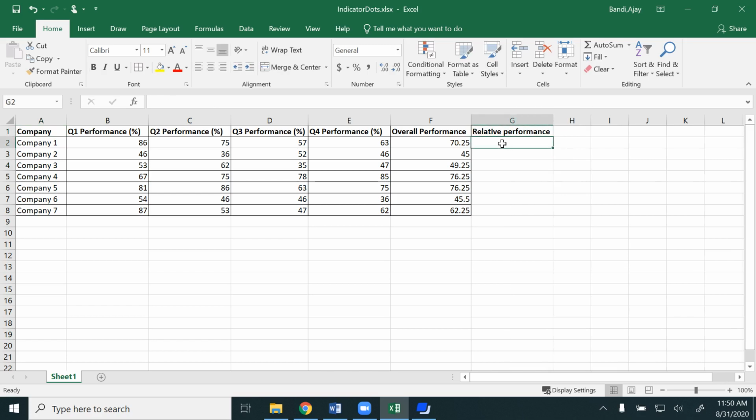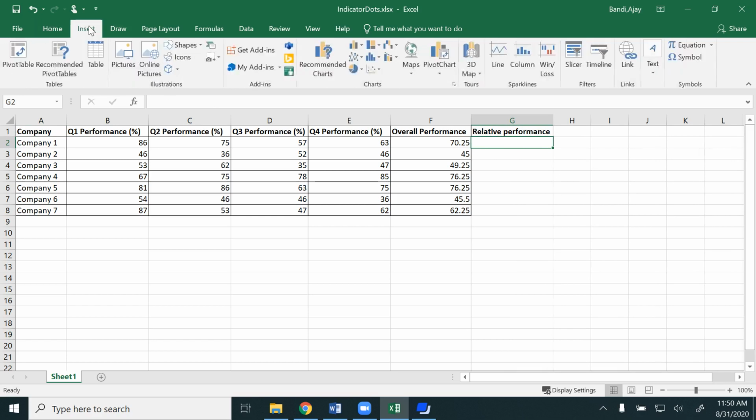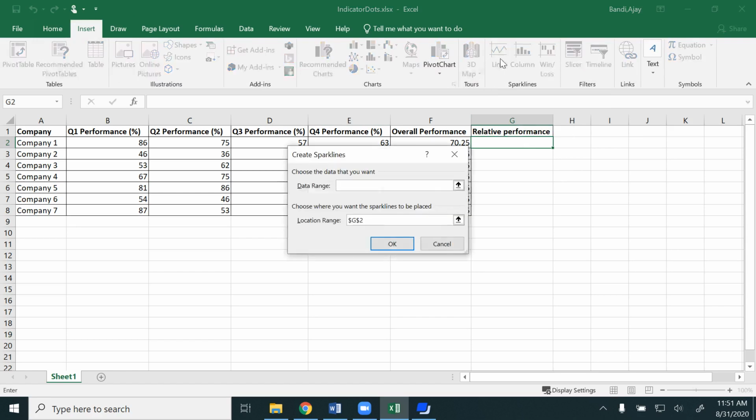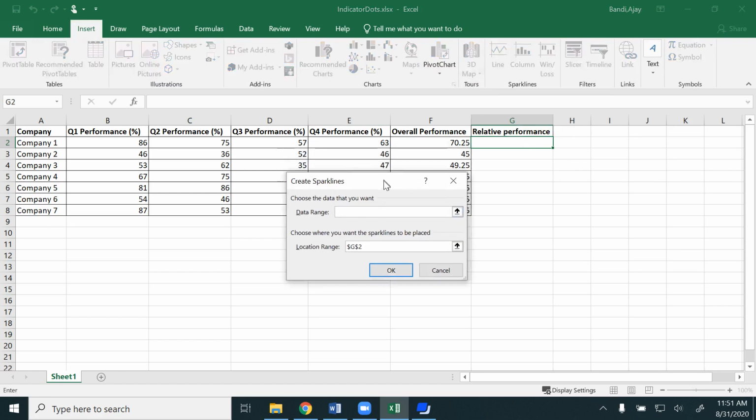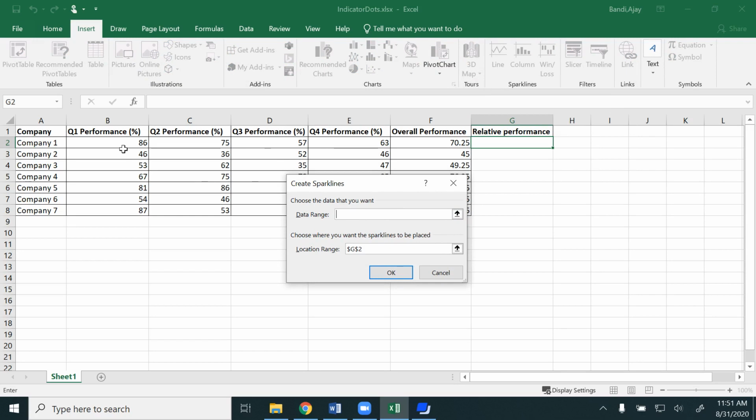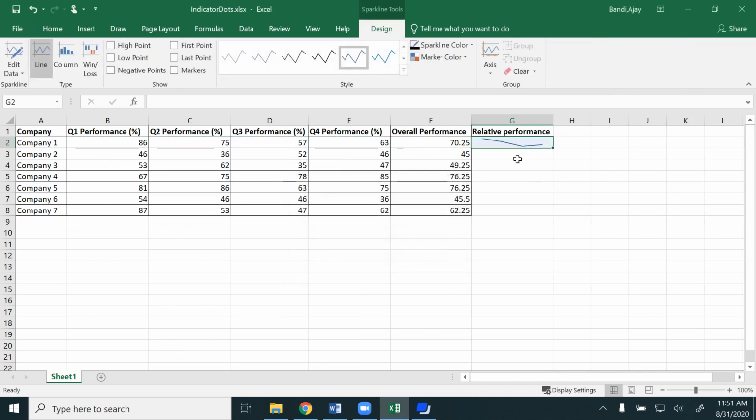you can consider selecting this cell, go to insert, and if you notice here you see sparklines. For this data it is appropriate to use line, and then make sure you select the data range of all the 4 quarters and then click OK. So you get how they performed. So basically their performance was high earlier and then by the final quarter it was low.